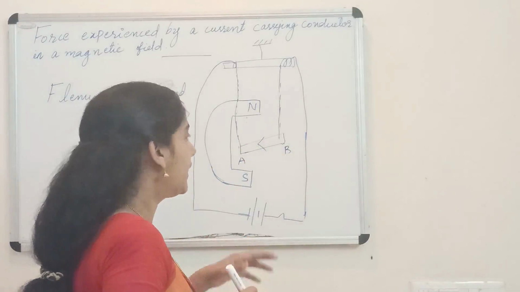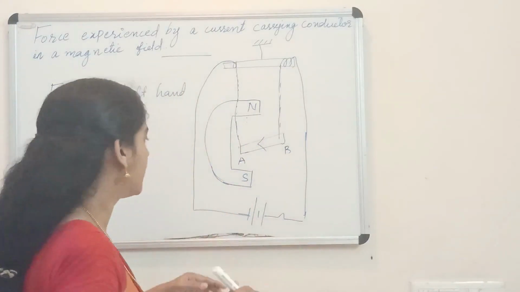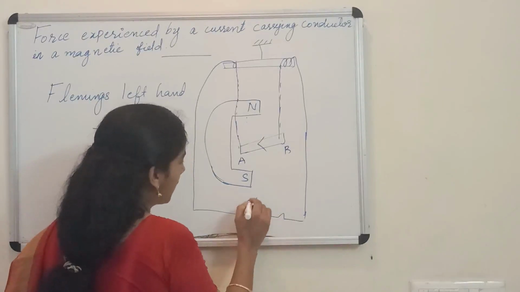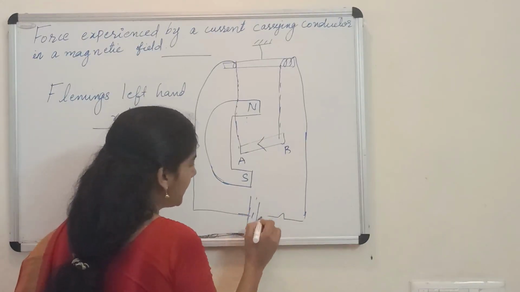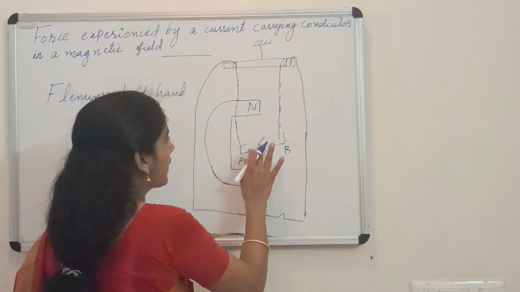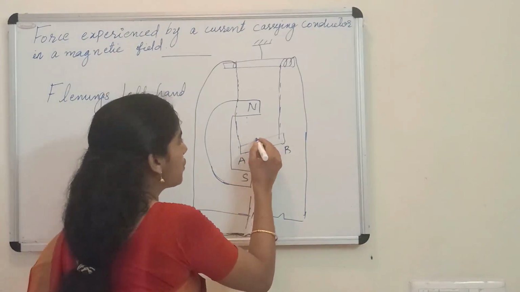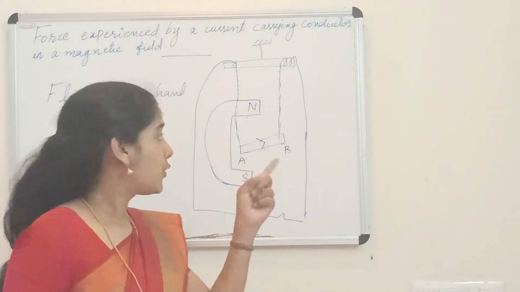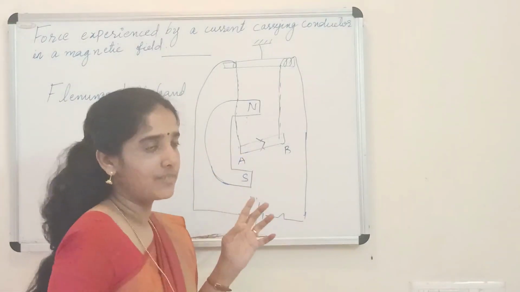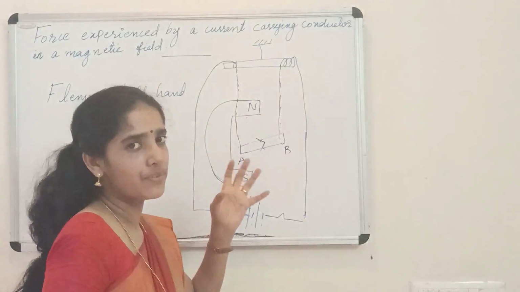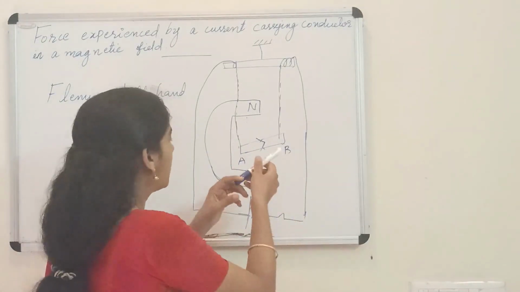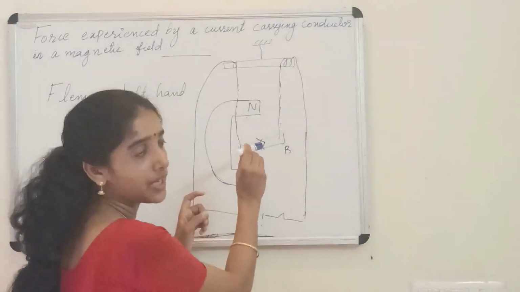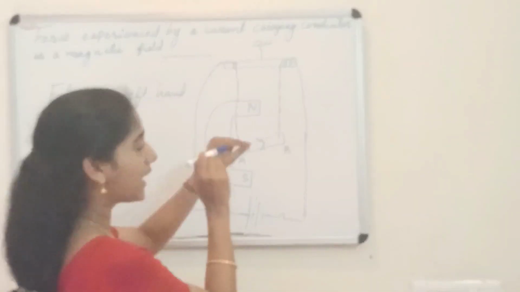Now, what happens when you reverse the current? Imagine you are changing the polarity of this battery and making this side positive, then this side negative. So what is the direction of current? Now the current is from A to B. Now let's try to apply the rule again. Let's have a look at this conductor. This figure is a little confusing, that is why again and again I am showing the conductor. So this end A is near me, B is away from me. Now the current is not towards me, current is away from me.